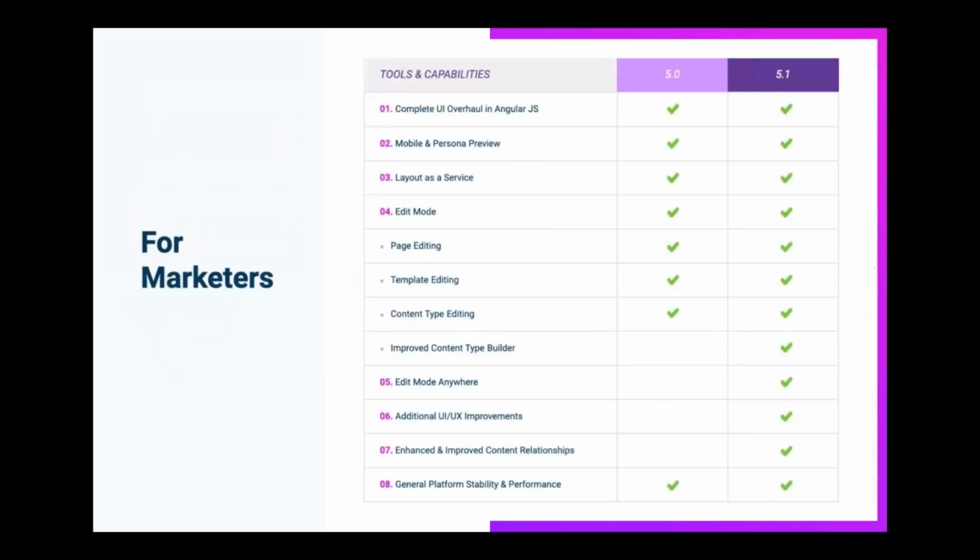Now let's see what we've delivered so far since we released the 5 series last year. There's obviously a lot of stuff that we've delivered in 5.0 and 5.1 for marketing teams. So really making digital marketing as agile as possible, right? And again, really aiming for the highest level of no code.